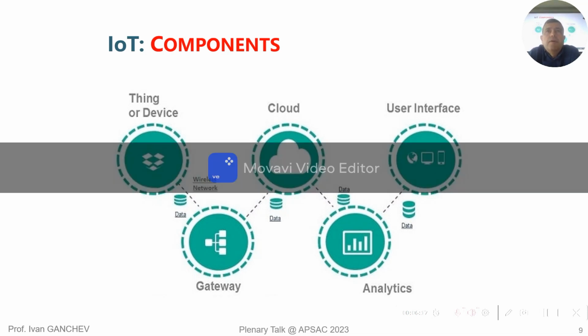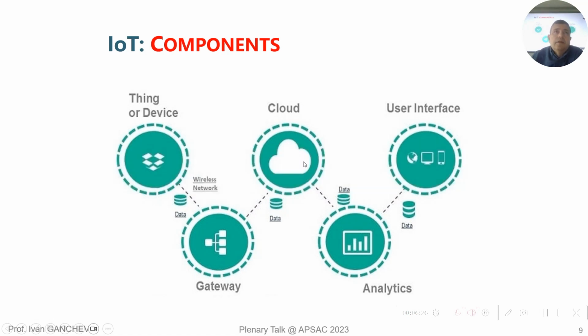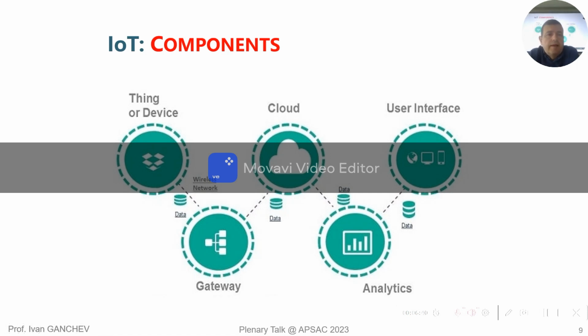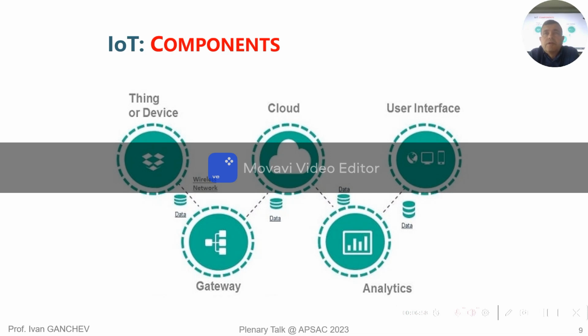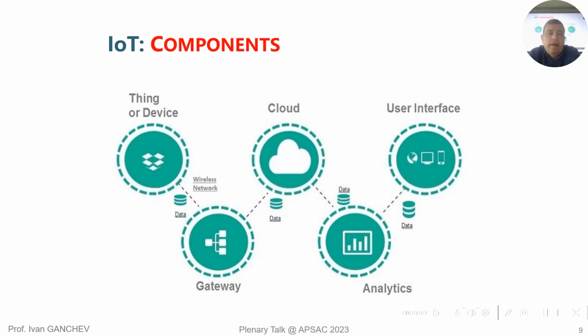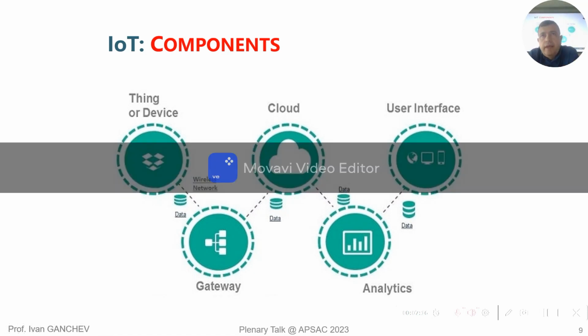So the main components of IoT systems, in addition to things, IoT devices, and the cloud, where the main processing of data is performed, include also communication gateways, which are supporting different types of communication protocols because each of these IoT devices may operate using one particular communication standard, and the other device next to it may use quite different communication standards. So there is also a communication gateway positioned nearby, which is able to establish secure and reliable communication with each device in its own service area, and also it's able to aggregate the collected data, even to do some pre-processing of data, like in the edge technology or fog technology, and then to send this more or less processed data